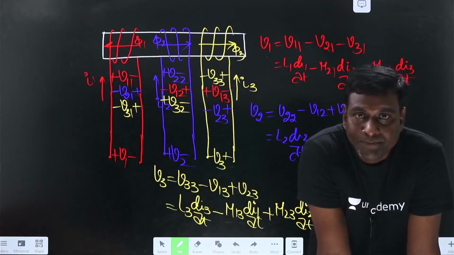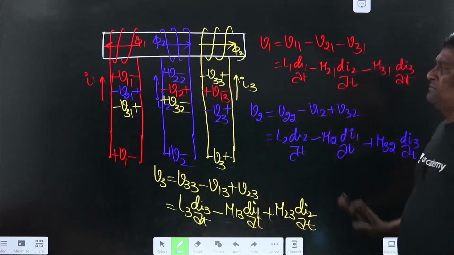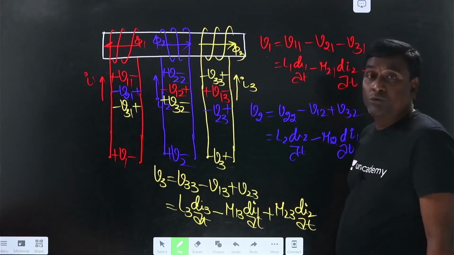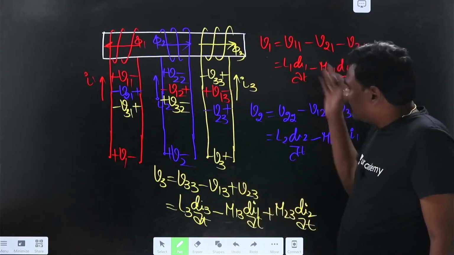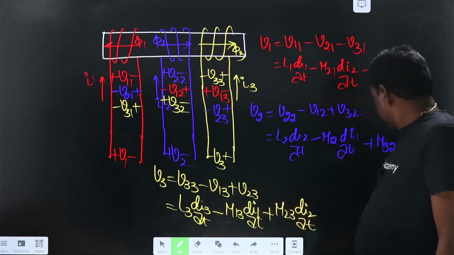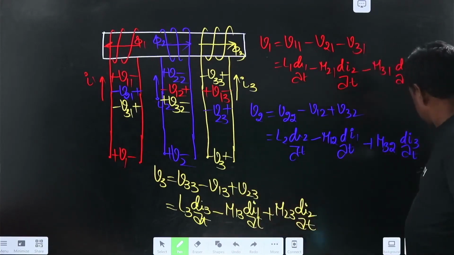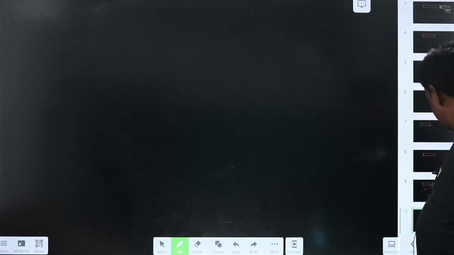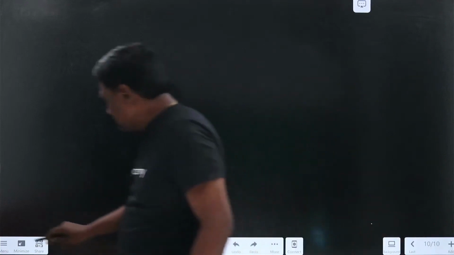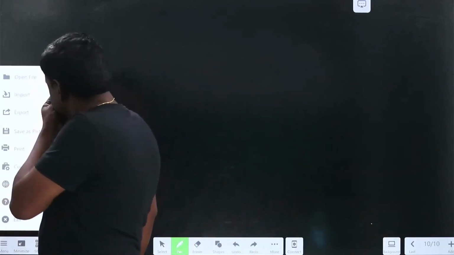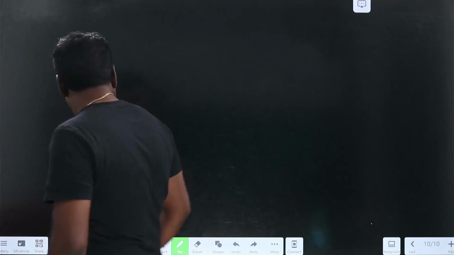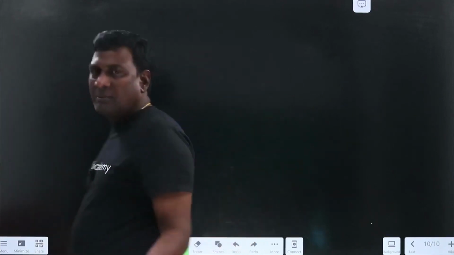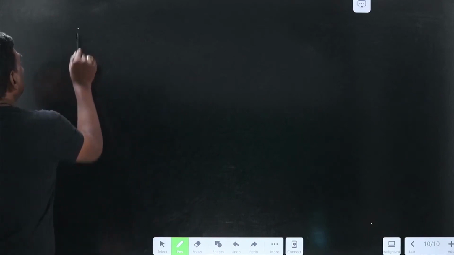Now let us take the same and try to keep the dots, and from the dots let us derive the same equations. Actually, I am unable to copy this. Let me try again. Let me try here. It's okay, what's the big deal? It may take a couple of minutes more.